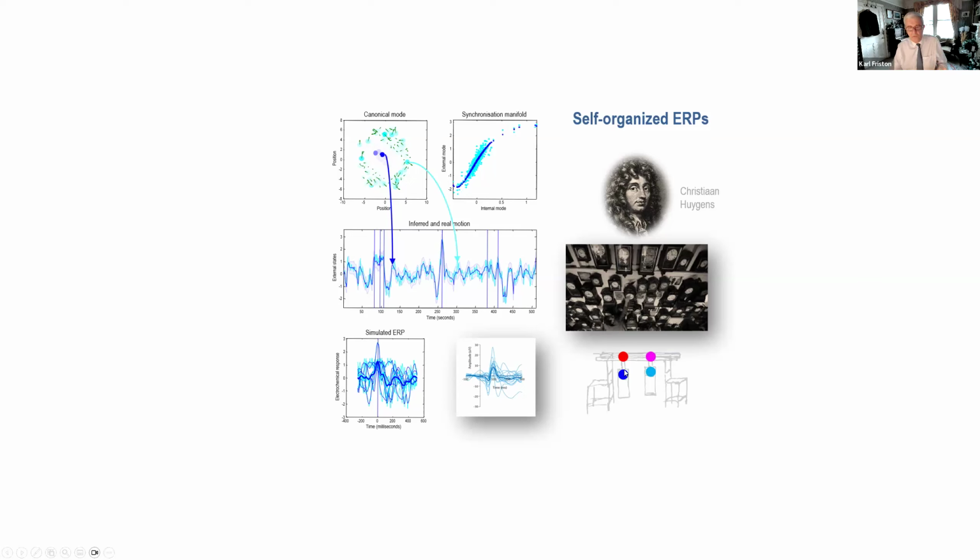And from our point of view, we can regard one of the clocks as possessing the internal states and the other clock as the external states, the environment, and the blanket states are constituted by the beam that couples these two sets of separable states. I like this drawing because it emphasizes the mathematical symmetry. So if you subscribe to the view that your internal states are somehow representing or inferring your external states, then it must also be the case that the environment is inferring and trying to learn about you. And that's not a silly notion in terms of niche construction and the like. But that's not the subject of today's